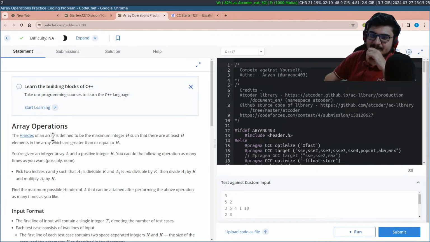Let's just look at this statement first. If an array contains at least 5 numbers greater than or equal to 5, and 5 is such a maximum number, then we can say the array has h index 5. Let's ignore the maximum part. If an array contains at least 5 numbers greater than or equal to 5, then we can also say the same array contains at least 4 numbers greater than or equal to 4, and at least 3 numbers greater than or equal to 3. So if I give you a black box,